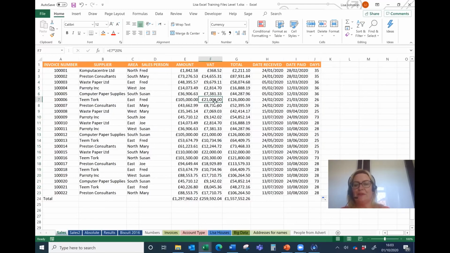I could go on forever, as you've probably gathered, but this is a taster of a little bit of Excel, but hopefully you won't be frightened to give it a go and have a go at some of these formulas, adding up, doing percentages or whatever it might be. I really, really hope you